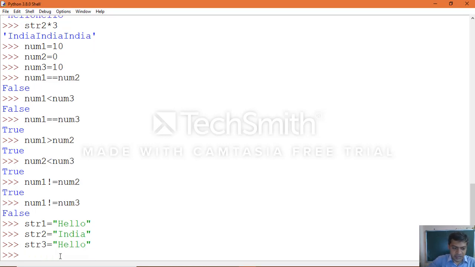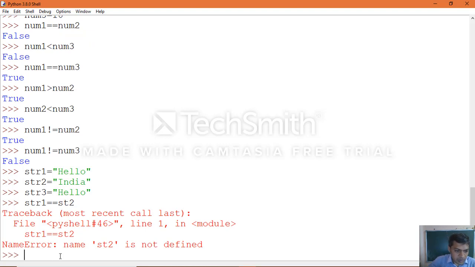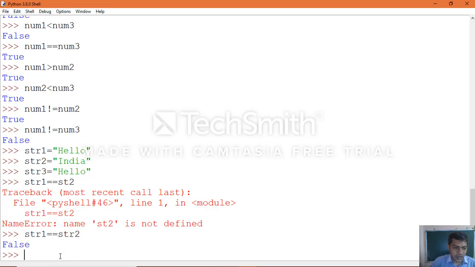Now we'll work with this comparison. str1 double equal to str2. False, because hello is not equal to India.